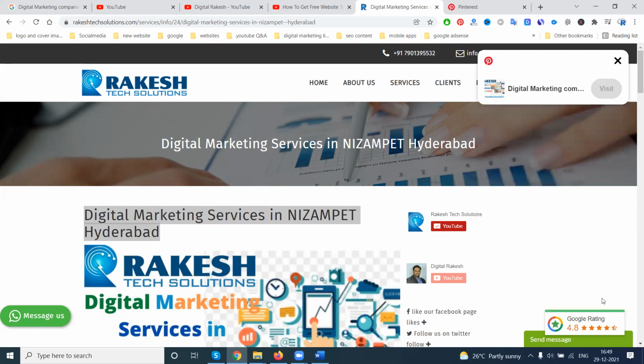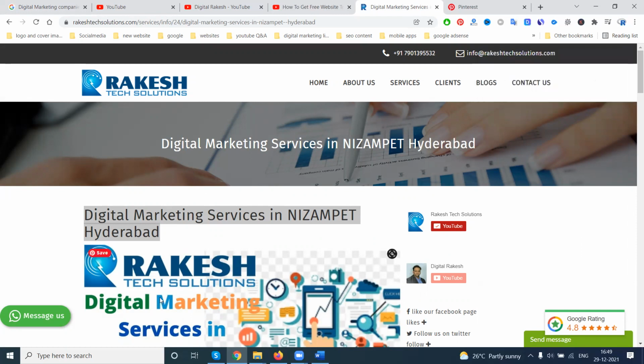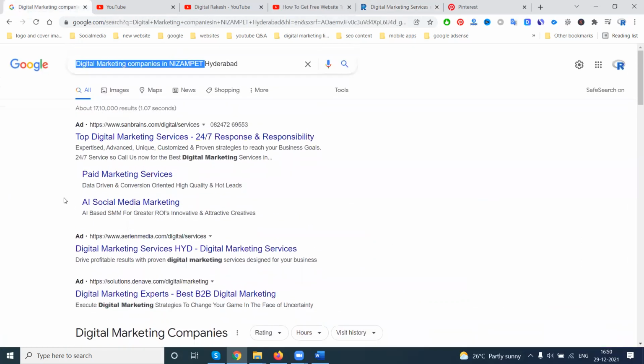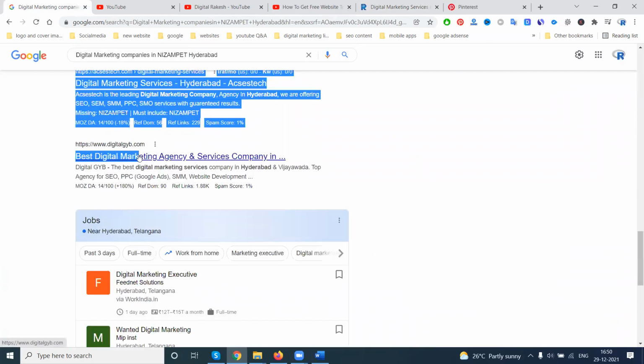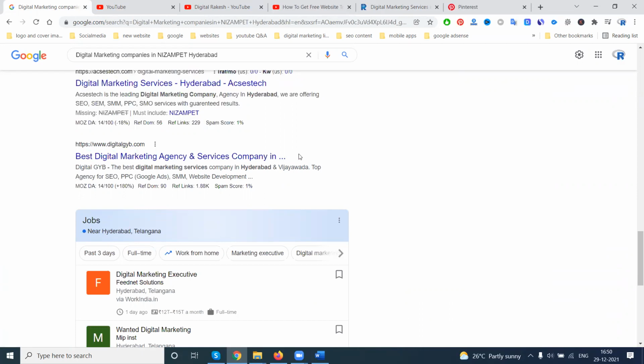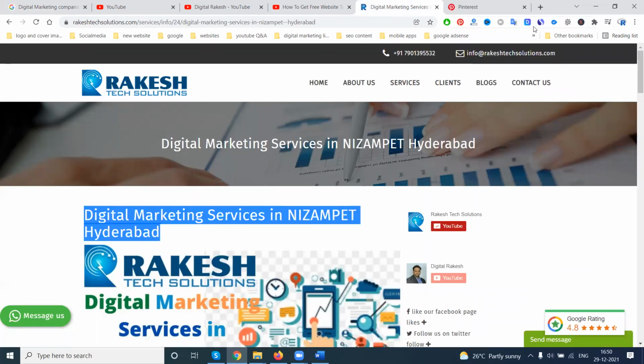Create a board. So create a board, nothing but in this one website link we can promote with multiple keywords. On Pinterest the link is the same, the image is the same, and the keywords are updated many times. So the link is always the same. Here I'm only changing the keywords. So what keywords are there? I can select from, see this one, best digital marketing agency and services. Copy this URL.